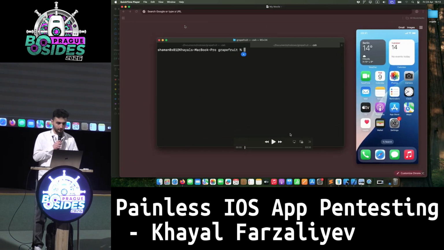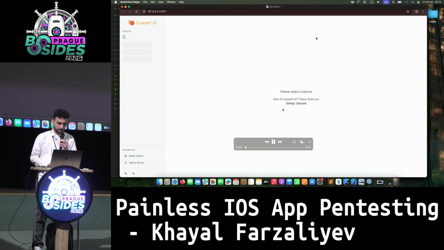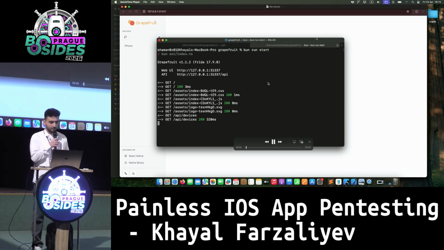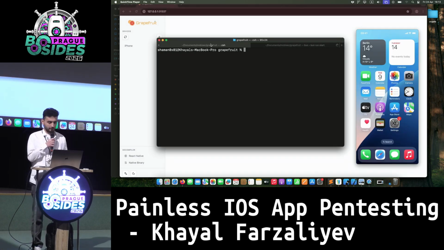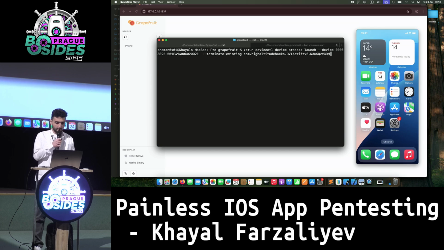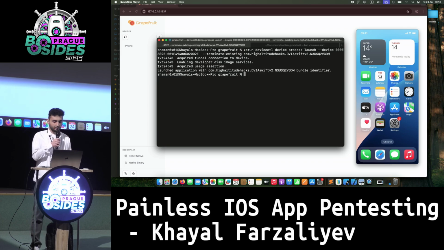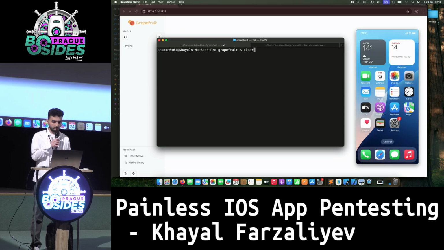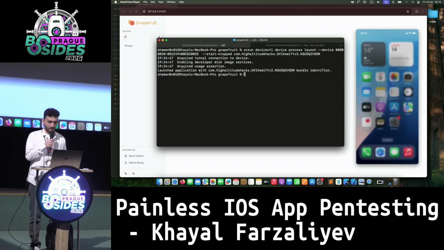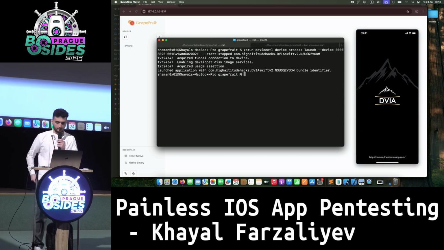I will use Grapefruit for that. Let's start the video. As you see, we are starting the Grapefruit tool, its UI, and we are starting our target application, which is DVIA, an intentionally vulnerable application. We start it in debug mode. And then we wait for Grapefruit to connect to the